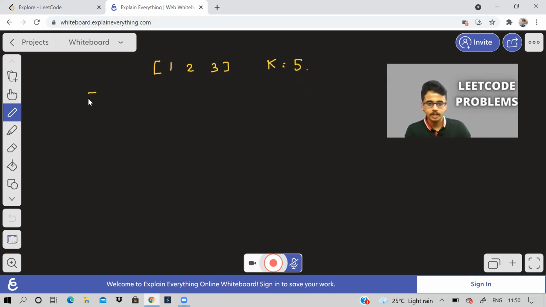So I can split it into linked lists like this. This is one list, second list is this, third list is this, and fourth and fifth lists are null. So now I have an array of lists. This is one linked list, this is another linked list, and so on.